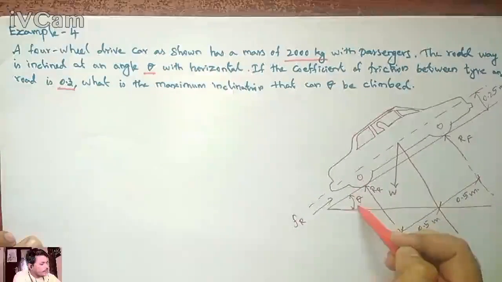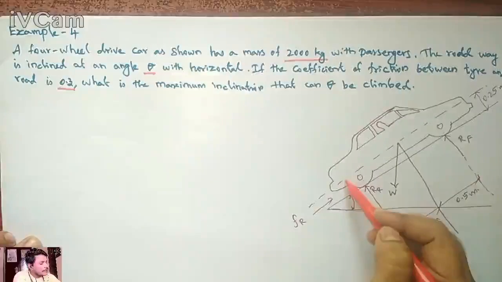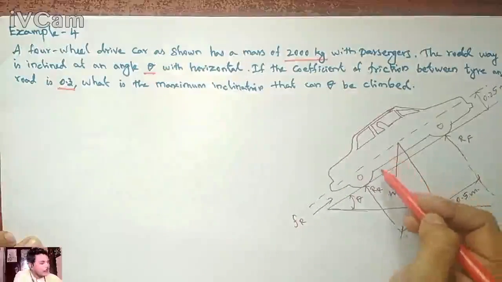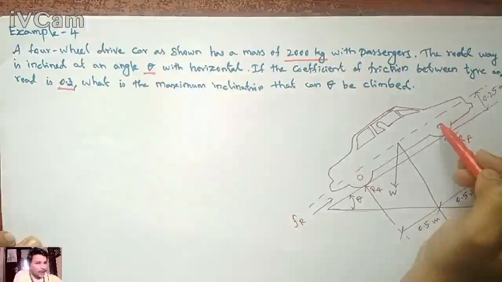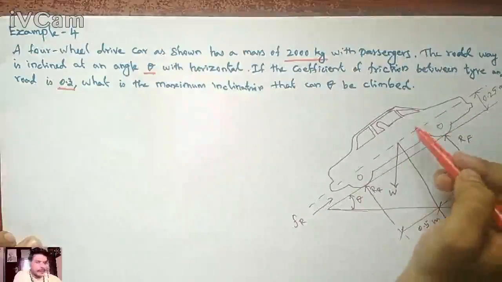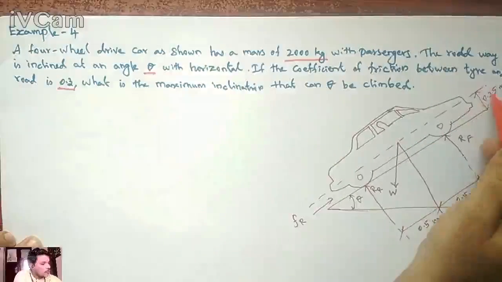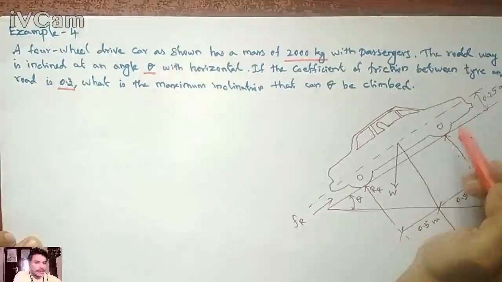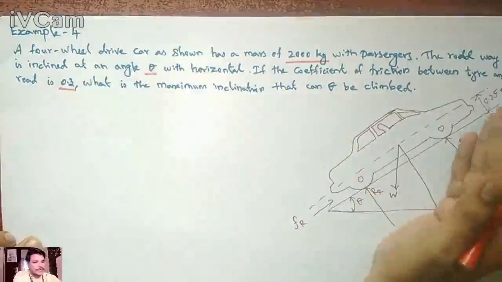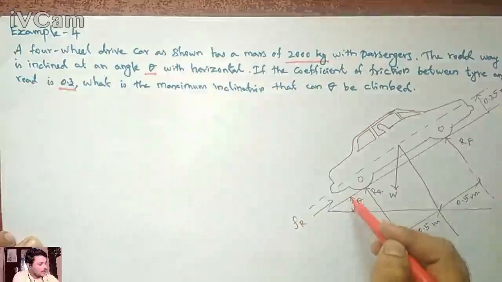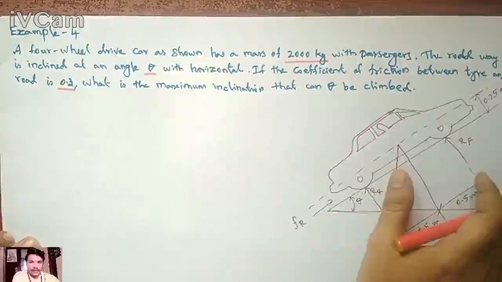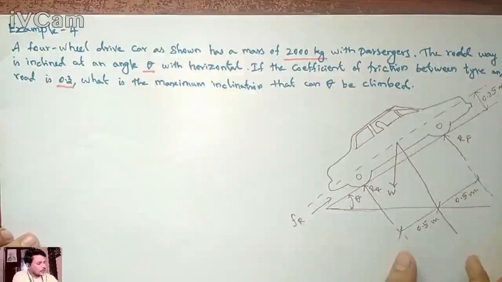So the angle required so the vehicle can go forward without tilting the car. What is the angle required? Suppose it is very steep, it is very difficult to move forward. So the required angle we need to calculate in this problem. Okay, we will move on to this problem. First,